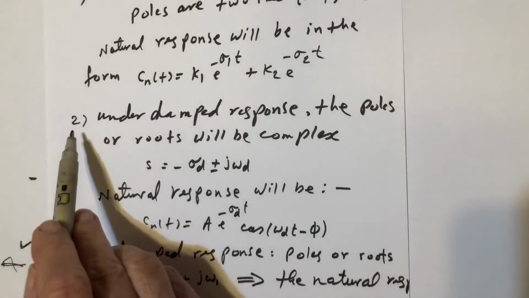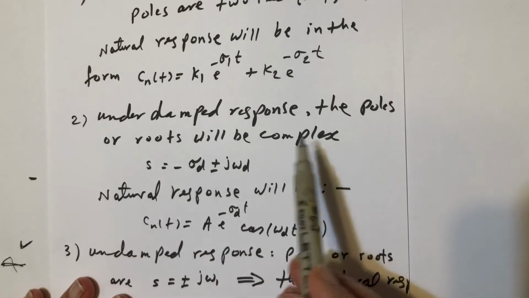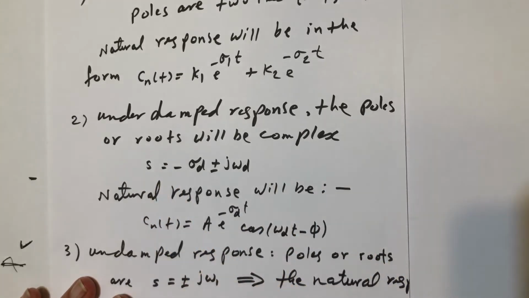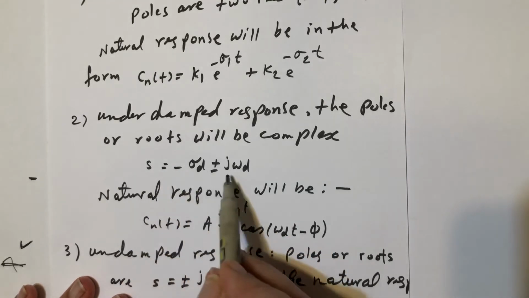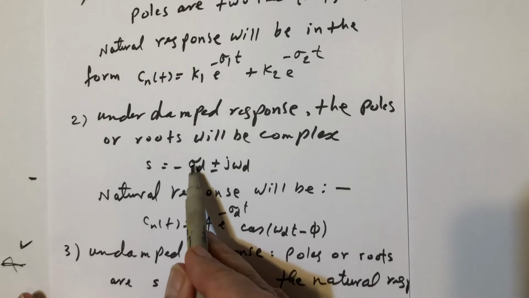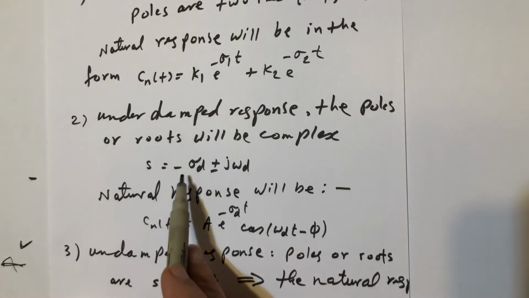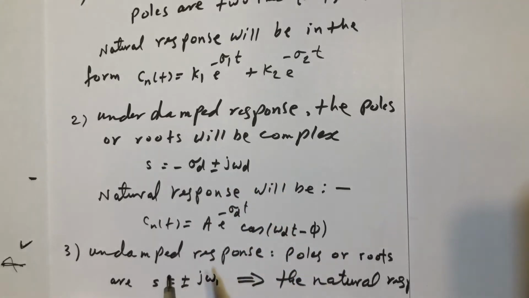Now, second, the underdamped response. The poles or roots will be complex. So s 1 or 2 will be minus sigma d plus or minus j omega d. This is the real part, and this is the imaginary part. So it will have real and imaginary parts. Once you see imaginary, then you expect to have a sinusoidal part in your response,